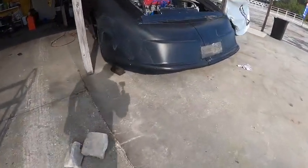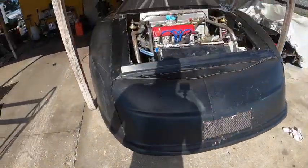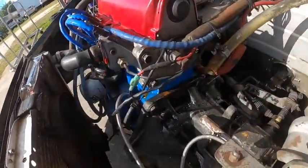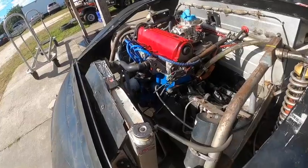So come over here to the Mod Mini, and this thing, got it in time today. Got it fired up. It runs good until, well, I'll show y'all. I don't know if y'all can see that or not. That's oil. Oh, that's oil. So we got it fired up, and